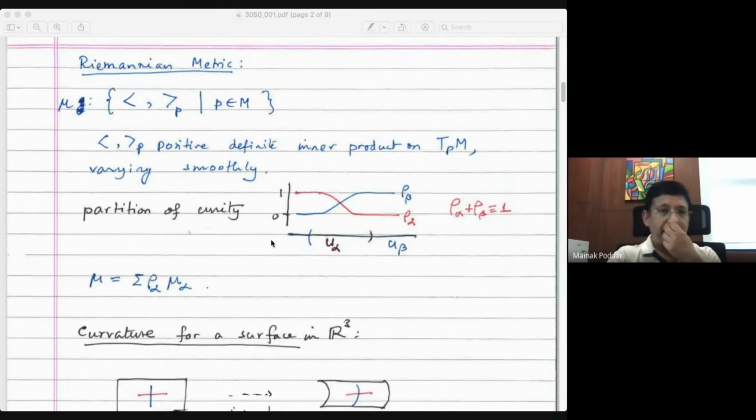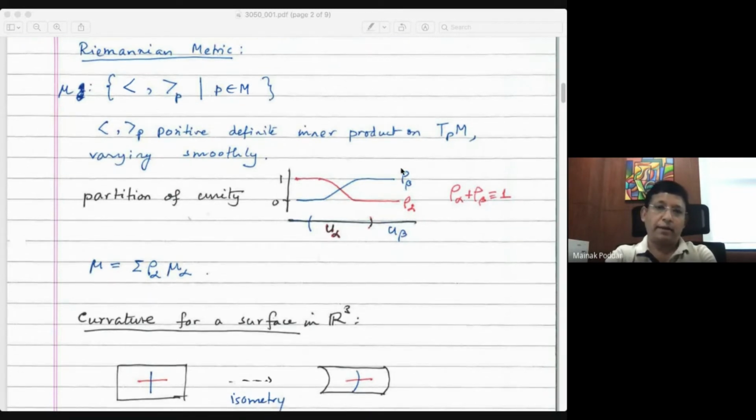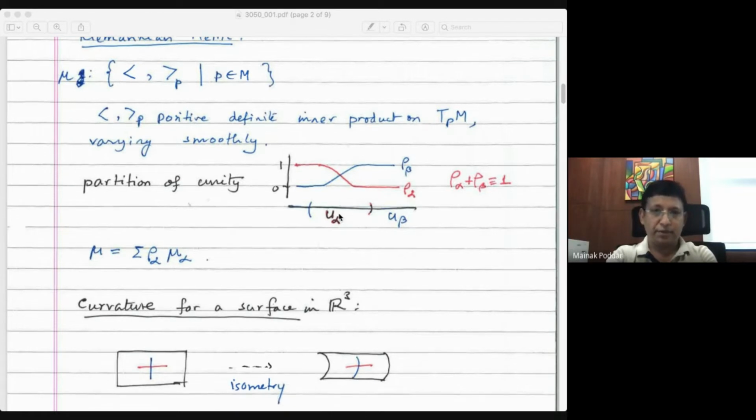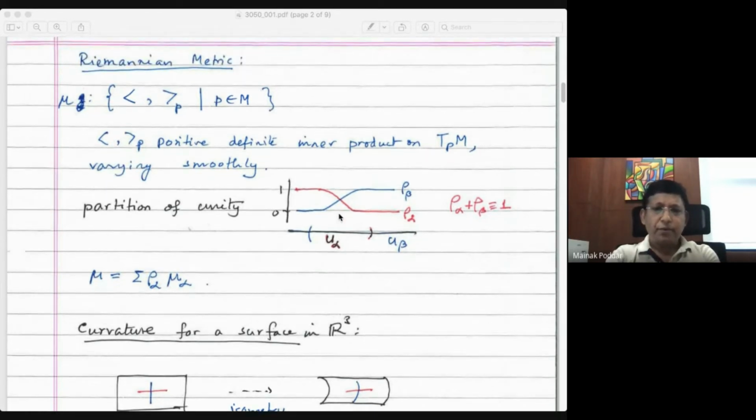Anyways, I outlined here the construction of a Riemannian metric by something called a partition of unity, but I will not spend time on it right now. If in the end you have any question, I can go back and explain something about it. But again, metrics don't have to be just on tangent bundles. You can put them on any vector bundle.